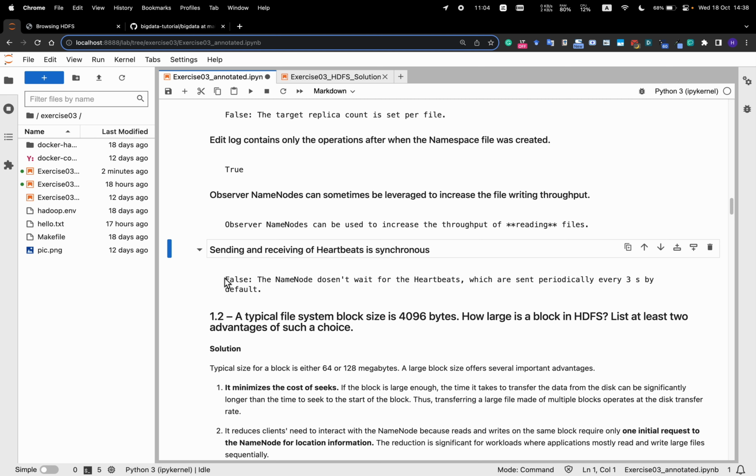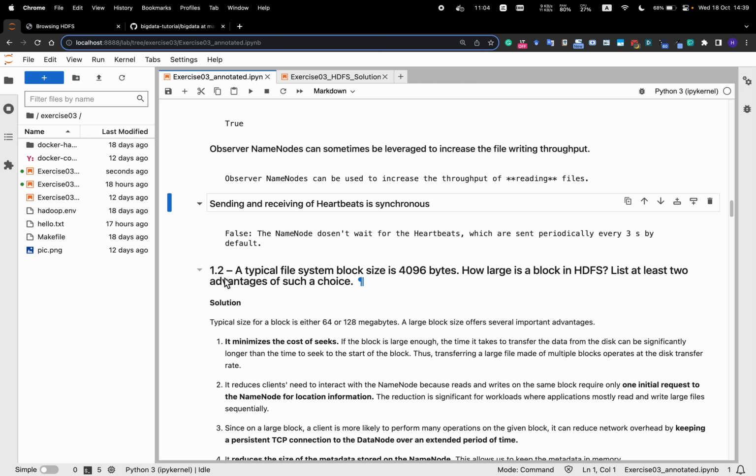The name node itself is not responsible for transferring the data per se, but it's responsible for giving the metadata, orchestrating the pipeline, and checking the minimum replica count, stuff like that. So that means that if there are too many connections to the principal name node, then it will delegate it to the observer name node? Yeah, exactly. Good question.